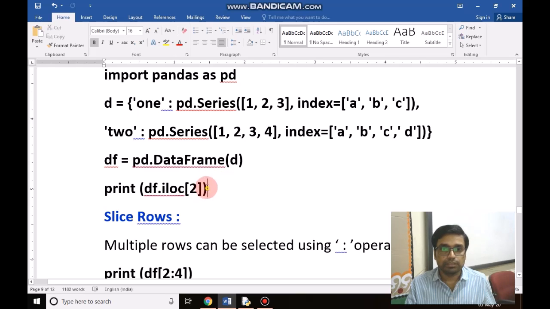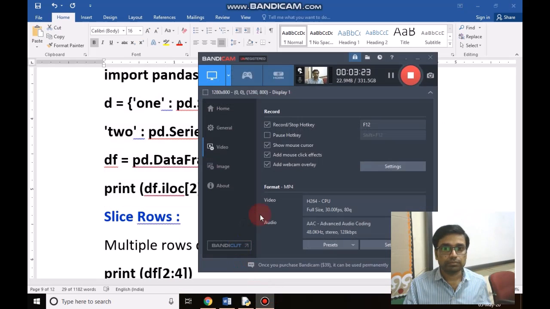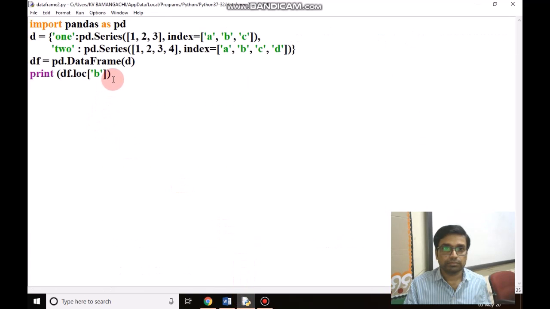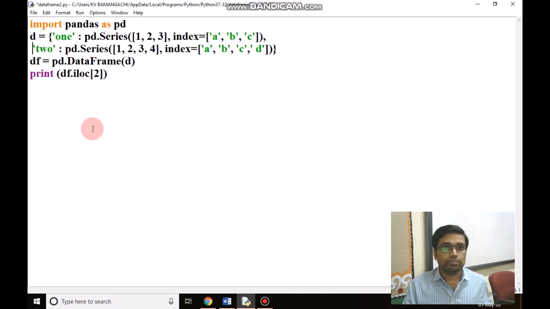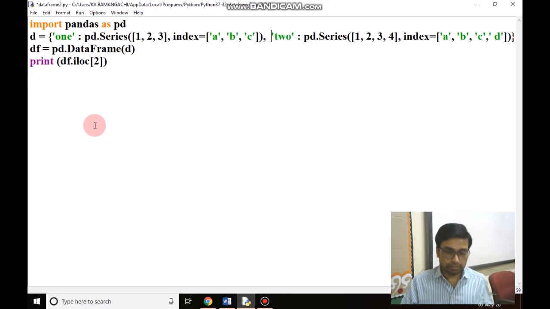So if we start copying, we have copied exactly as we have given.